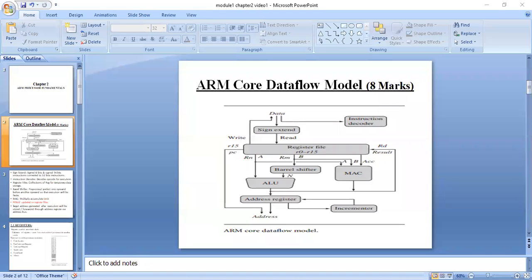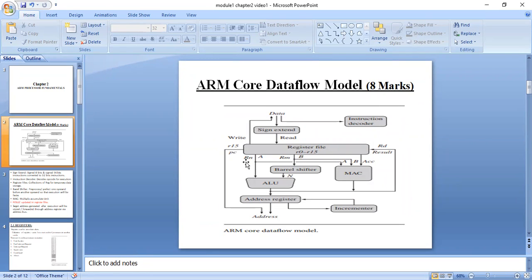Here R1, R2, R3, all are these here. Those are utilized as Rn and Rm. Can you see here R0 to R15? I will explain a little later. Here also again we have R0 to R15 as registers. Out of them some limitation is there. I will explain just after this. So R0 to R12. Okay, hope it is clear now. This is what the register file R0 to R15 is.